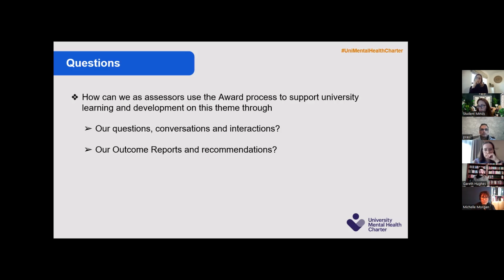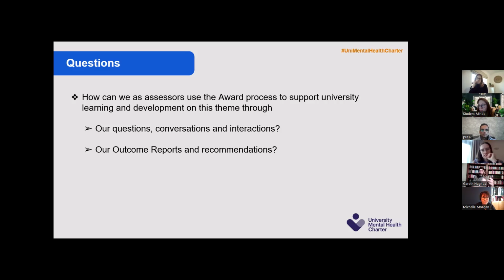Sometimes universities get themselves a little bit in knots when they get our recommendations back, because they think you've misunderstood. Quite often they will say the assessors haven't understood. And we have to have conversations with them to help them understand. And no, the assessors have understood, but here's the bit you're missing. And then when they get that, they go, oh, okay, right, we can see it now. So we want to reduce the number of times that happens, because then the emotional reaction that university colleagues are having to the outcome reports is reduced a little bit, and then they're actually able to take in what they're being told.